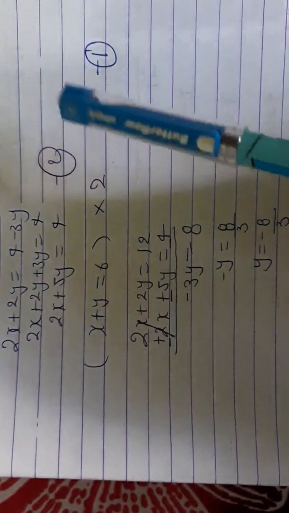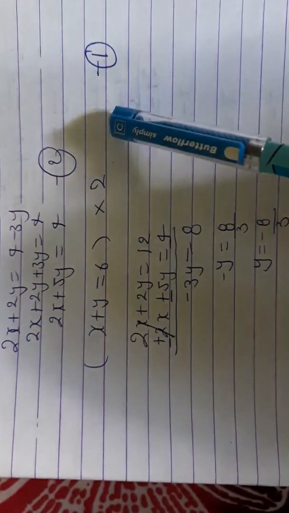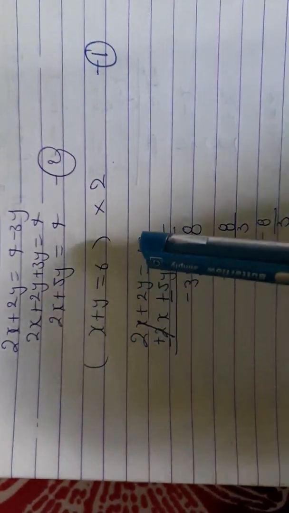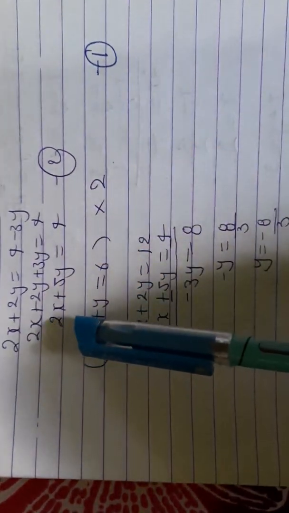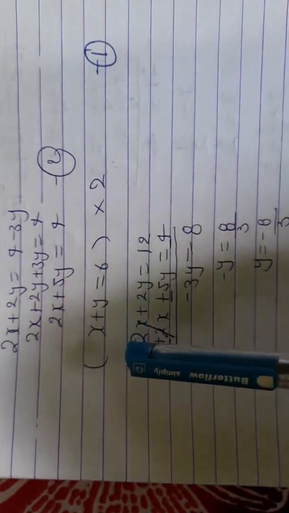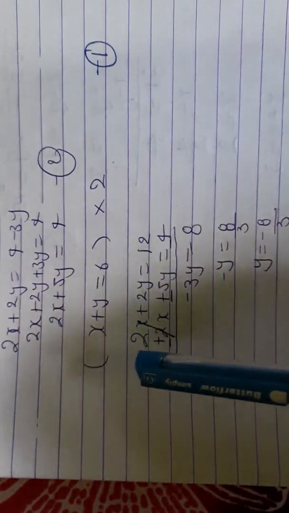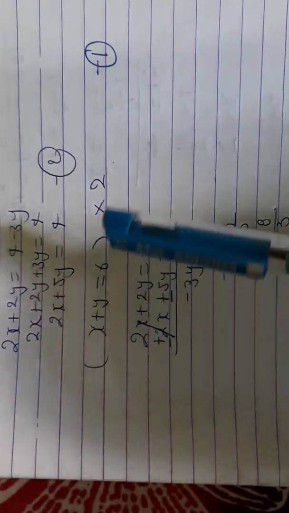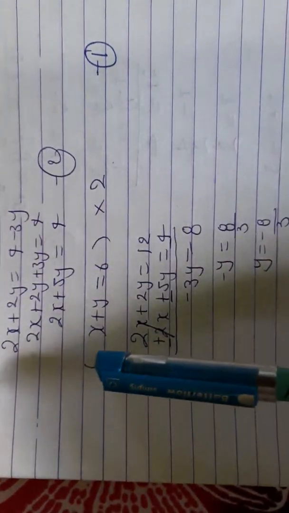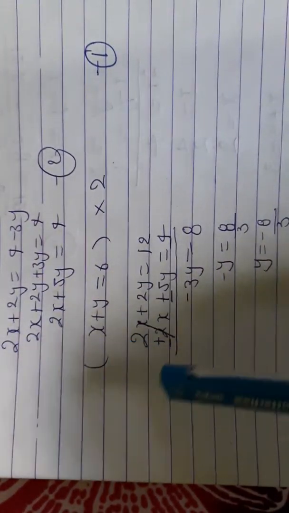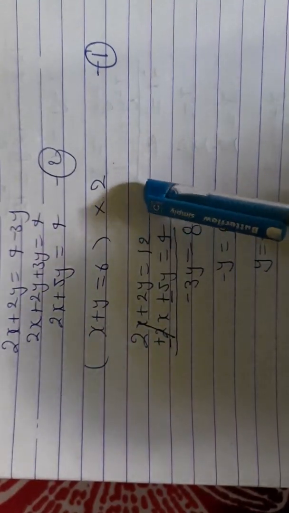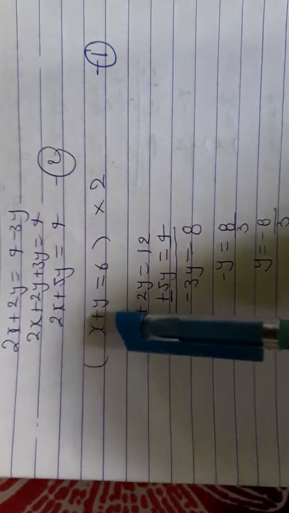So we will solve this question by the elimination method. In the first equation, x plus y is equal to 6, and in the second equation, 2x plus 5y. Then we will need to multiply. If we want the x variable to become equal, we will need to multiply by 2. If we multiply by 2, the variable x in equations first and second will become equal. So now we will multiply by 2 in equation 1. So x plus y is equal to 6.